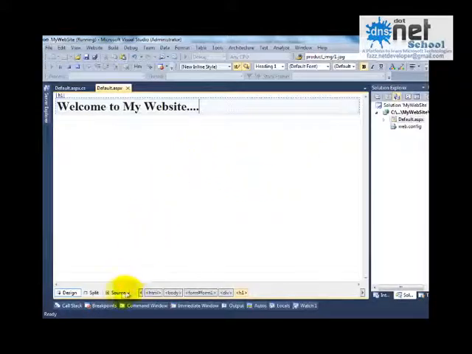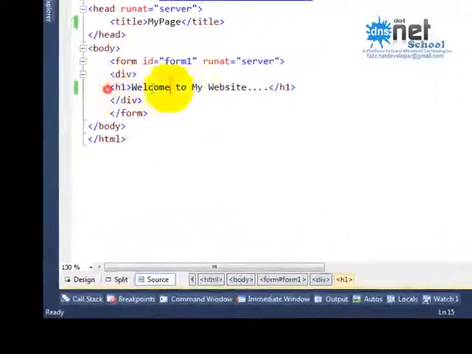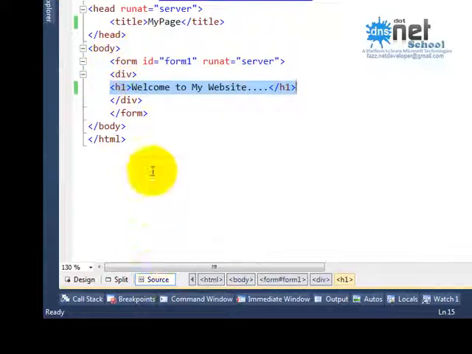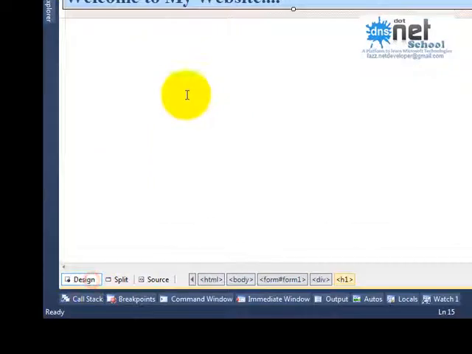Okay, so I have shown you how we can do that thing, just writing a simple code in the HTML format in the source. But see here, as we know it, HTML we are going to use in our ASP.NET, but it does not mean that HTML you need to learn. If you have an idea about HTML, okay, not a problem. If you don't have an idea, not a problem. Anyways, the coding will be generated automatically in ASP.NET.